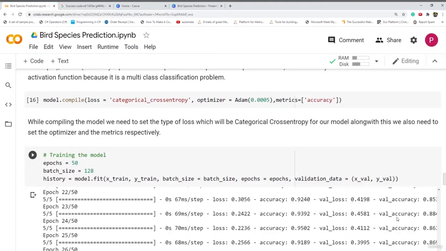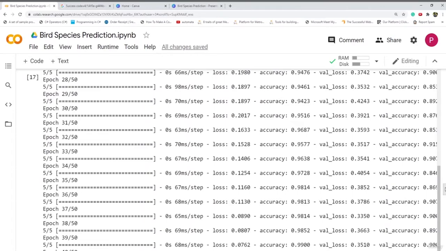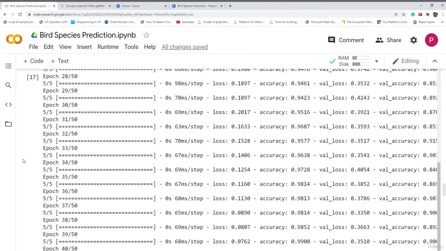That is, the accuracy of the training data is low and the validation accuracy is very high. It means that the model is getting overfitted. And in order to remove overfitting from our model, we add regularization and dropouts.